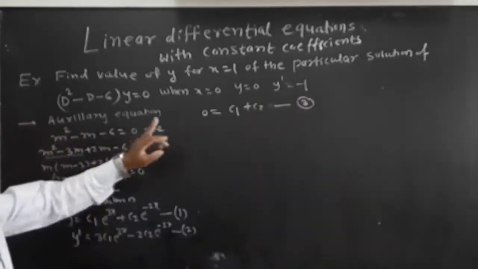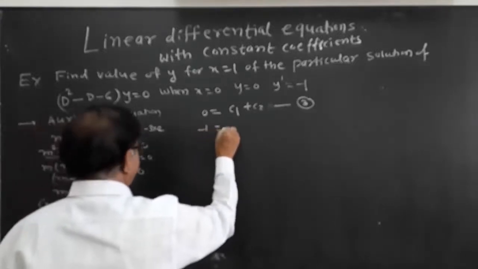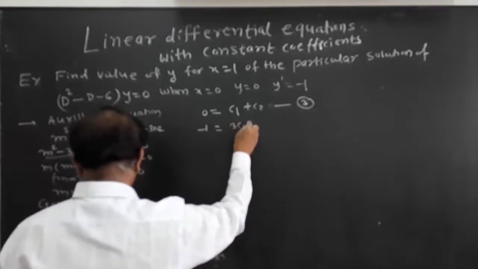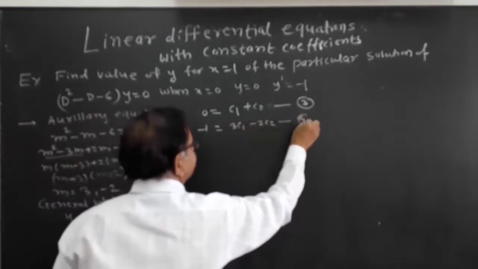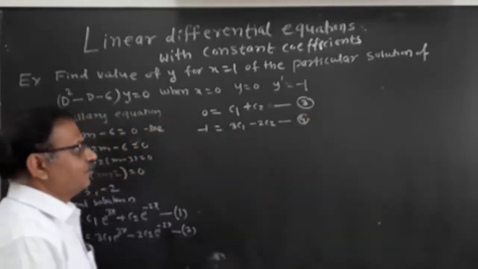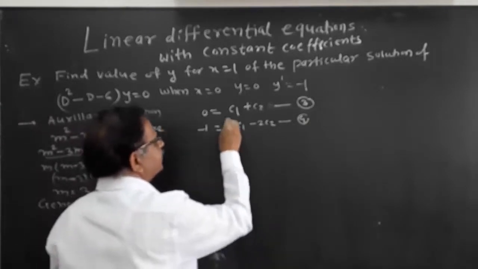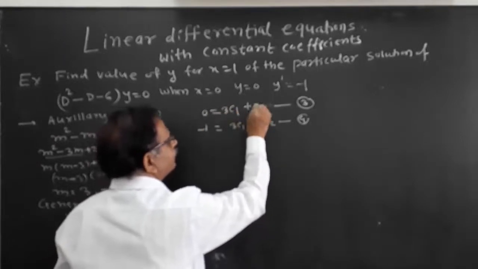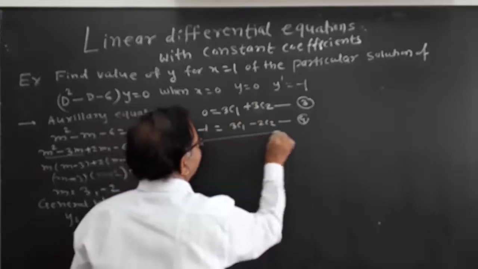When x equal to 0, y dash is minus 1. Y dash is minus 1 equal to 3c1 e raised to 0 is 1 minus 2c2, equation 4. We shall solve 3 and 4 for getting values of c1 and c2. For that purpose, we shall multiply by 3 to the equation 1. 3c1 plus 3c2 equal to 0. If I subtract this,